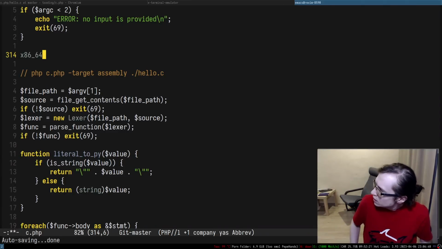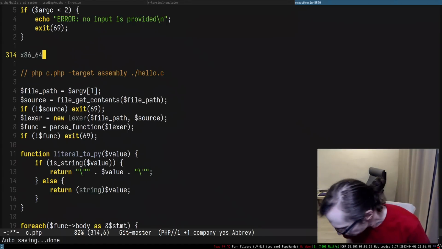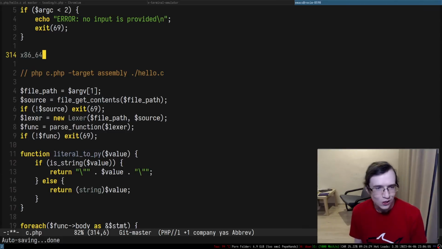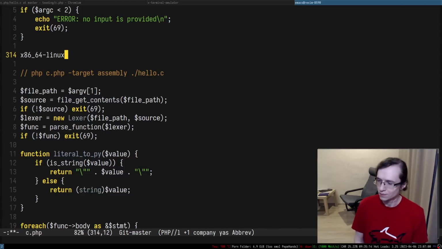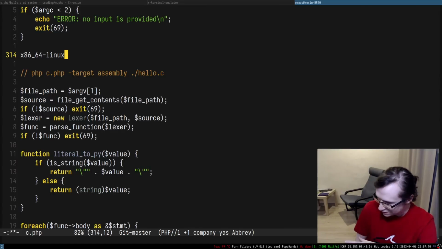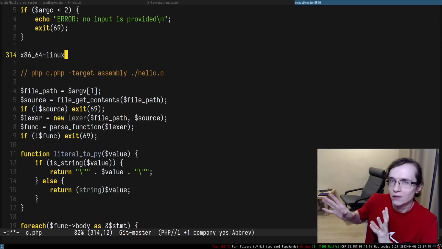Well, these days, due to WSL, I think Windows will be able to do that, but that's beside the point. What I'm saying is that knowing the architecture of the CPU is not enough. You also need to know the operating system you are operating on. So I suppose one of the targets that we're going to add is going to be x86-64 Linux. But what's interesting is that it's also not enough, because we're going to be generating assembly text for an external assembly tool to assemble this entire thing. You know what I mean?